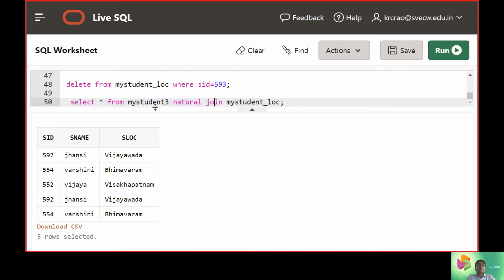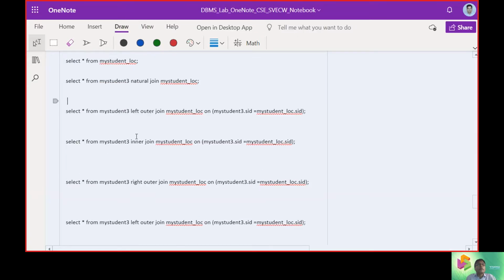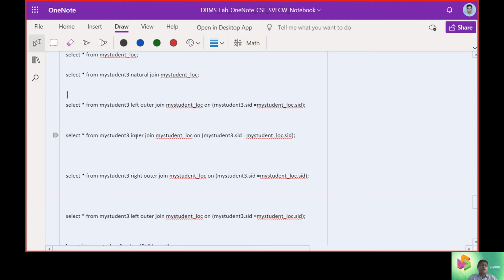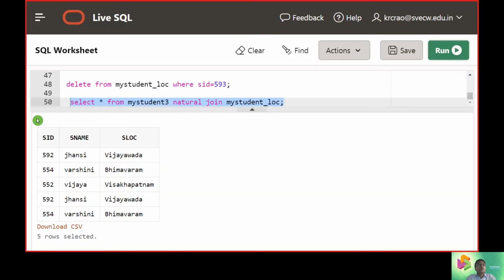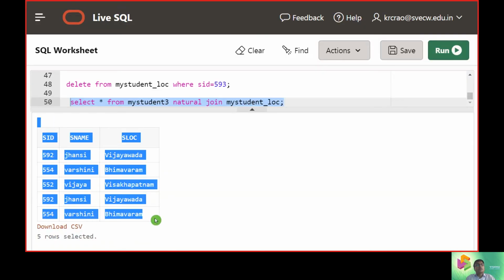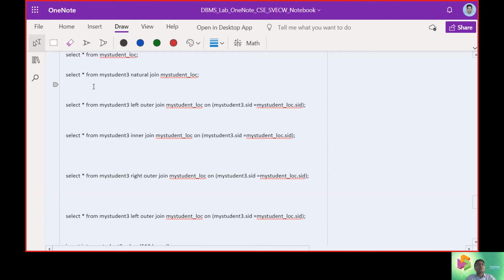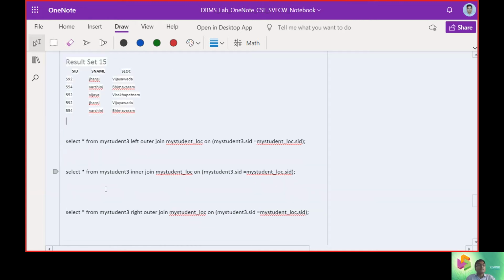I will hit again. I think it is not affected, or for clear understanding, yes, we get the 5 rows. We get only the 5 rows here. Now we work with the natural join here. When we work with this natural join, we have taken up these 5 rows. Earlier it was around 28 rows.